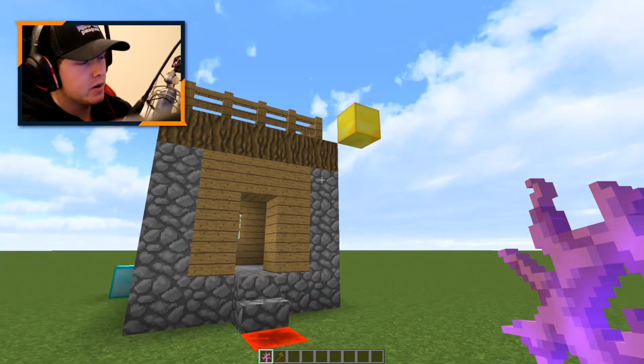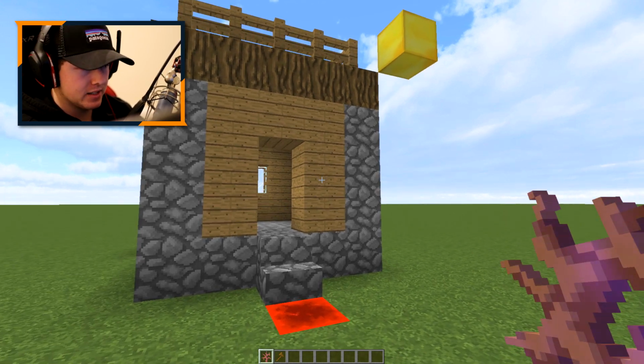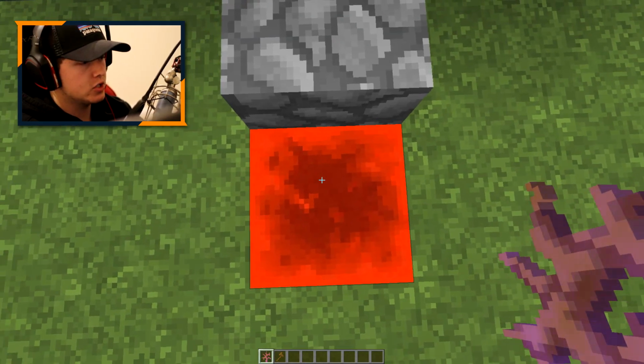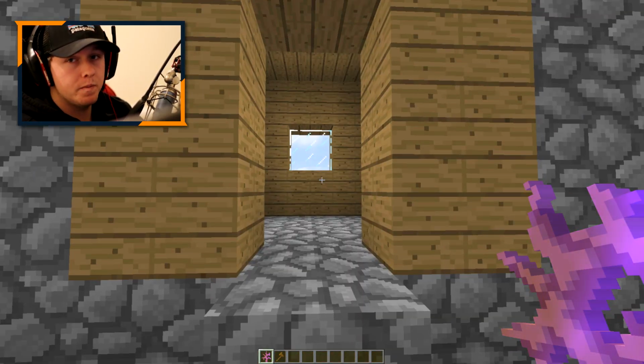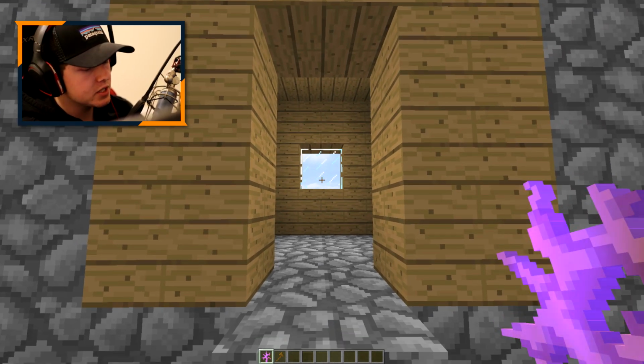So what we're going to do first is we've already made our selection. Now we're going to go ahead and we're going to want to copy it so we can start to manipulate it with different commands. So we're going to go ahead and find ourselves a place to stand. I'm going to use this redstone block right here to kind of show you that the redstone block is where I'm standing. So I'm going to find that spot, and I'm just going to type in the chat